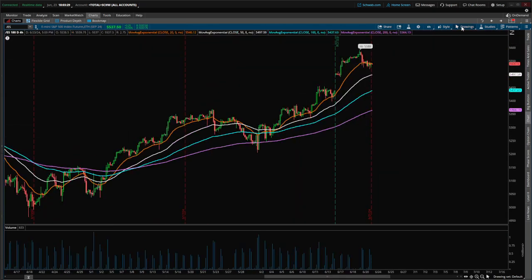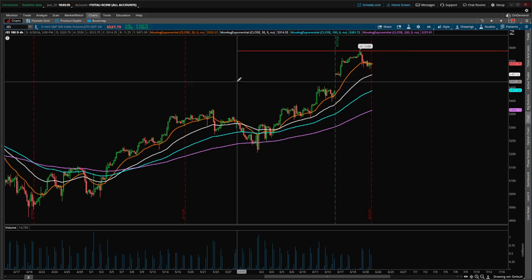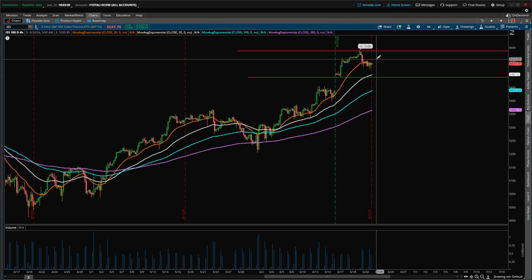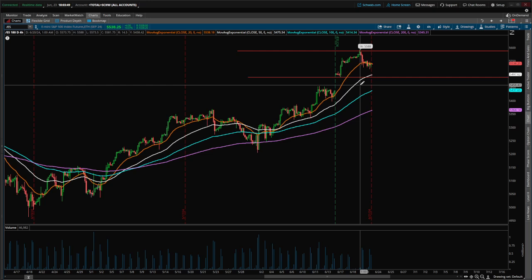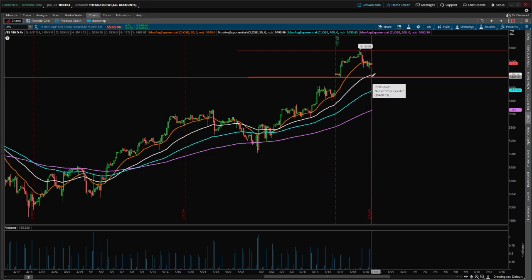With that said, as always, I'm going to plot out the most obvious answers. Above 55.88, we're going higher. Below 54.90, we're going lower. We can already see on the 4-hour that we're battling it out with the 20-day. In most cases, if the 4-hour keeps us below the 20-day, we're going to be exposed to more downside towards 54.90, 5500 really. And then again, a break of 54.90, especially if we close below that level on the daily,